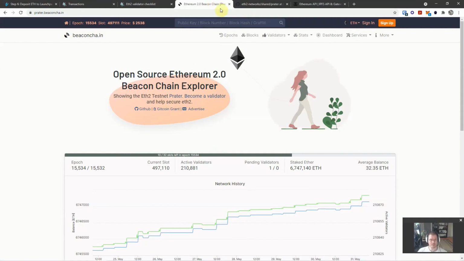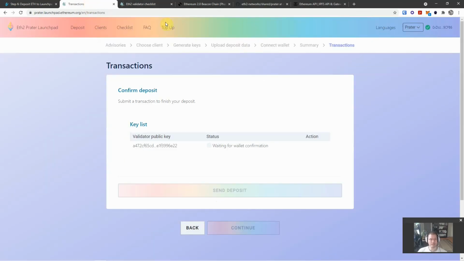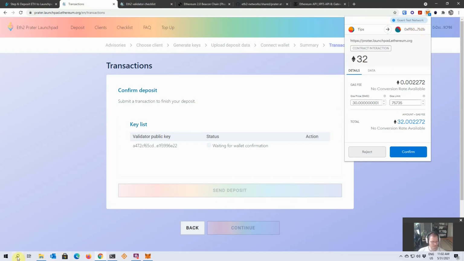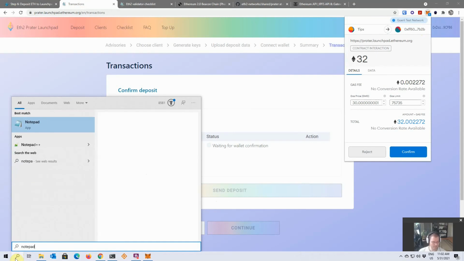So let's take a look at this. 0xff50 is how it starts, 7b2b is how it ends. Okay, that's probably secure. Now, could somebody still be making a funny here? Yes, they could. So copy address to clipboard, and let's just grab Notepad,